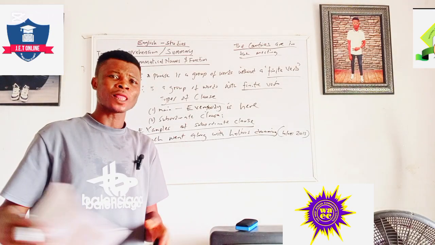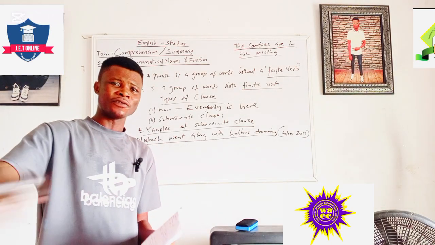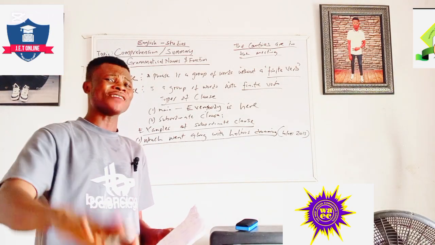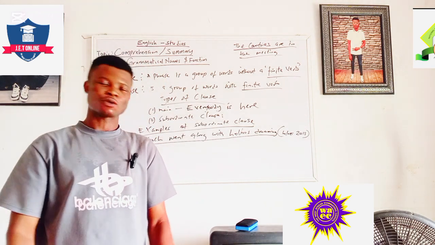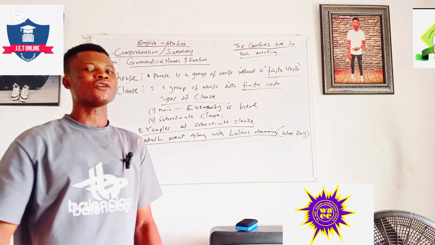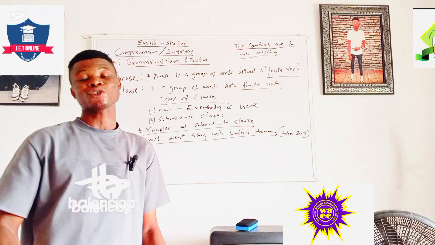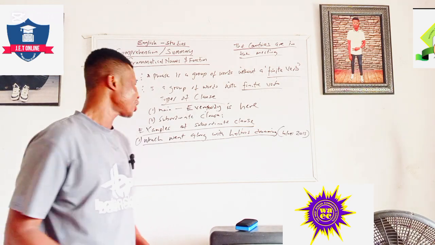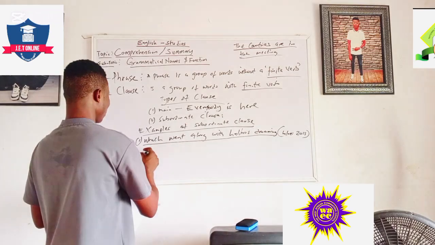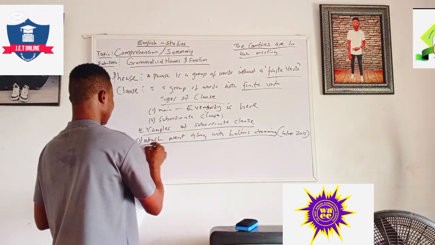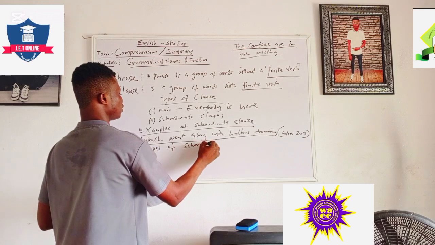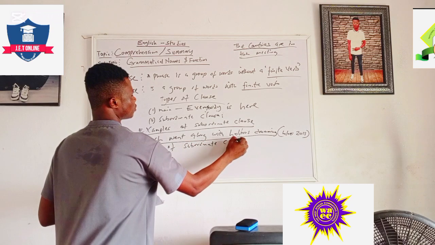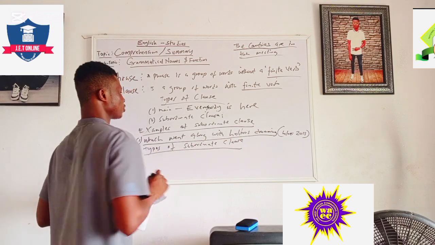So that is what we are saying. In your expression, you need to discover if there is a use of a verb there. If there is a use of a verb there, if the verb is a finite verb, that expression is a clause. If there is no use of a verb or a finite verb, that expression is a what? Is a phrase. So now let's look at the types of subordinate clause. Types of subordinate clause.